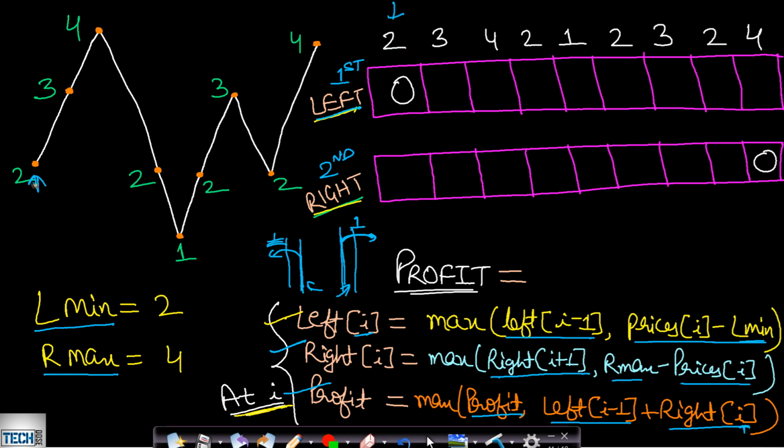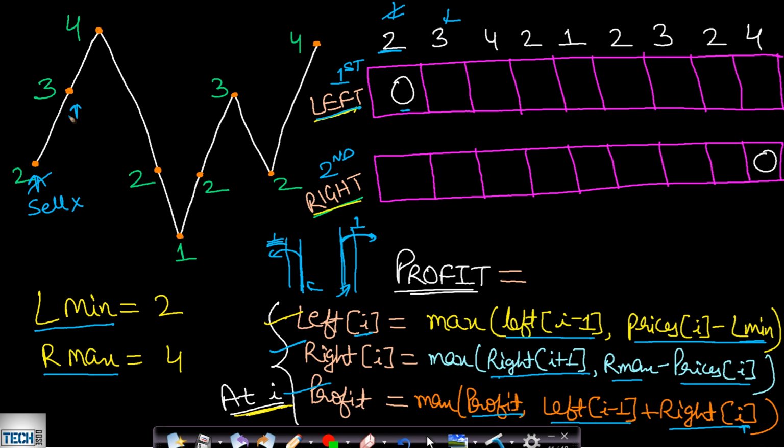Now when we are at this first point, we cannot obviously sell a stock. Selling is not possible at the first point. So when selling is not possible, then obviously we will not try to buy here and end our journey, because buying and not selling will not give us any profit. So when we just have a single point, we will not do buy sell, but we will just skip it. When we skip it, our profit will be 0.